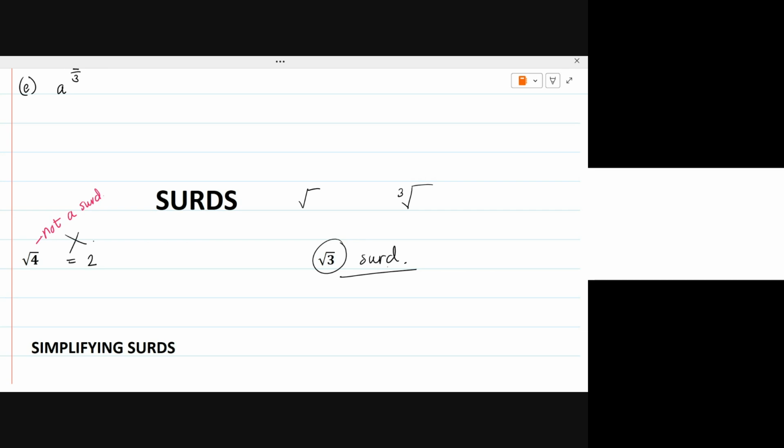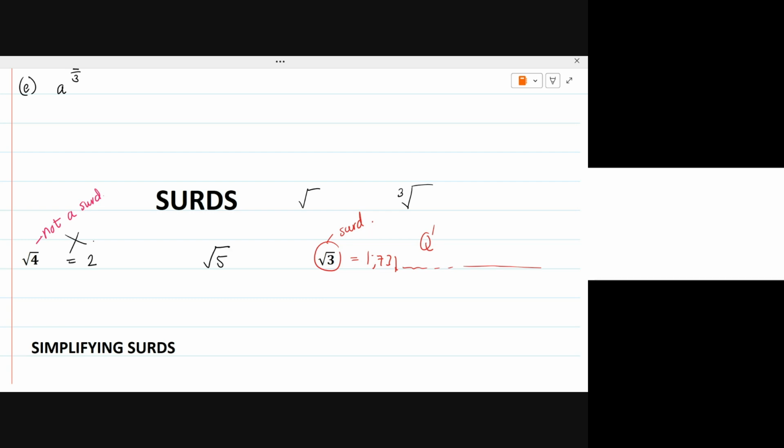Should I repeat that again? Okay, let me put it this way. Numbers under a square root that are irrational. Because when we get the square root of 3, we get something like 1.731, and it goes on and on forever. This becomes an irrational number. This makes the square root of 3 a surd. This is a surd. Let me ask you now, if I said to you, the square root of 5,